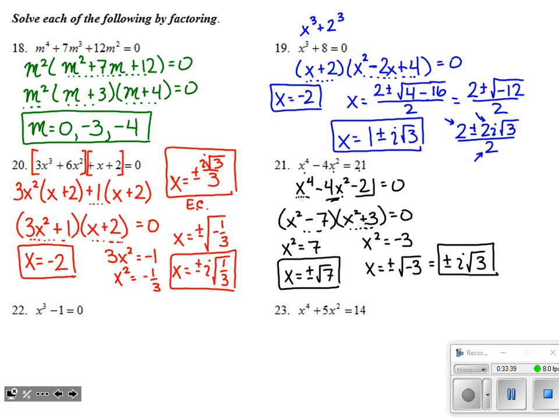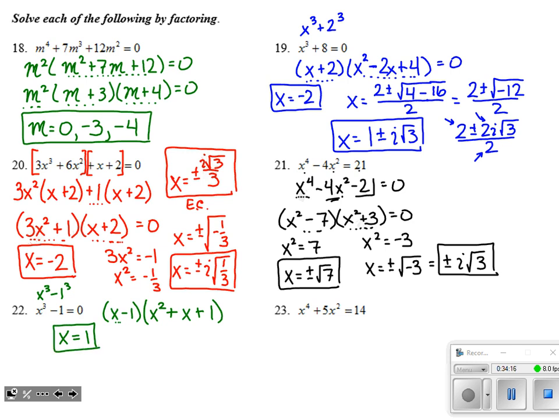Number 22, we've got another sum of perfect cubes. Oh, sorry, this is a difference of perfect cubes. It's x cubed minus 1 cubed. So I'm going to go ahead and factor that out. I've got my first factor, the little one, that's just that expression without the cubes, x minus 1. And then the bigger factor, I've got the first thing, x squared. I change the sign to positive. First times second is just 1x. And then plus second thing squared is a positive 1. Out of that first factor, it's pretty easy to spot. I should get x equals positive 1 as a solution there.